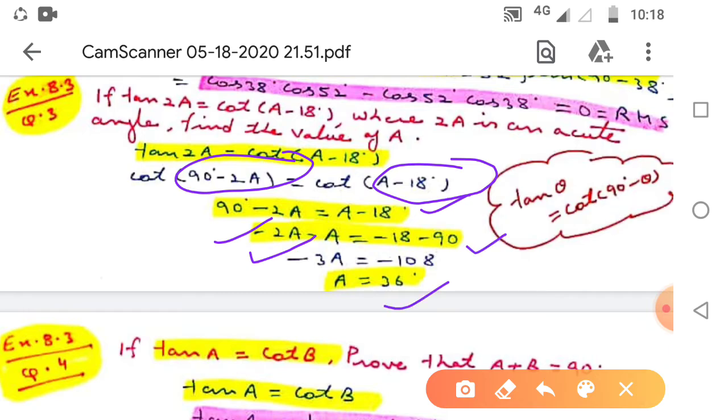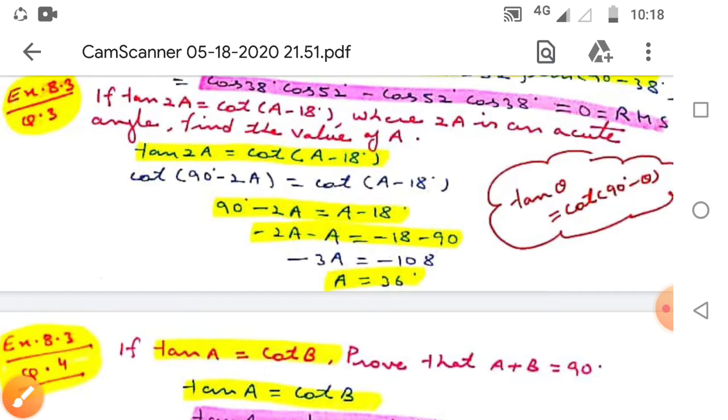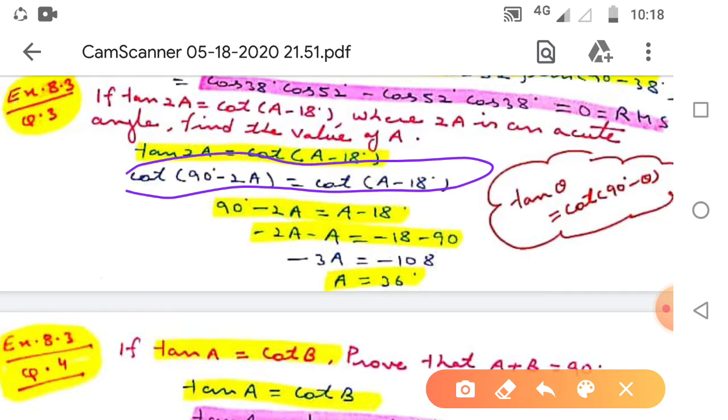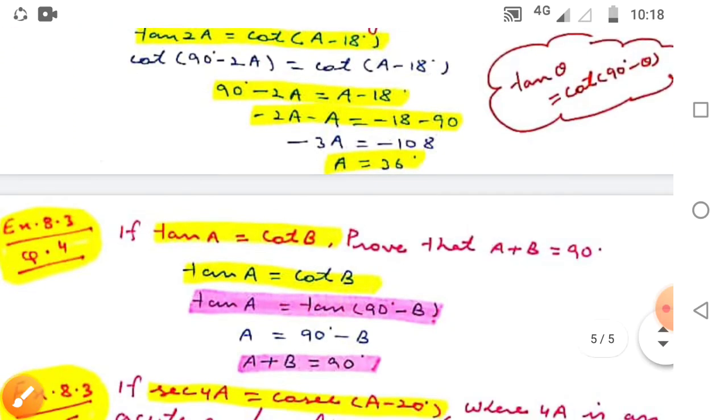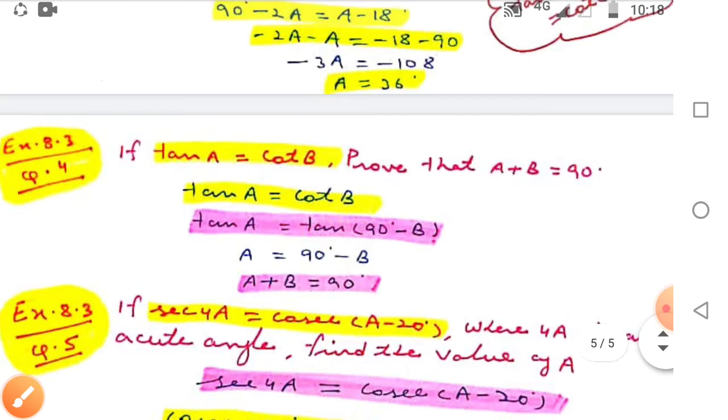So the value of a is 36. The important step in this question is this one: to compare the angles on both sides, there should be the same trigonometric ratio. Okay. Now come to question number 4, and the question number 4 is,